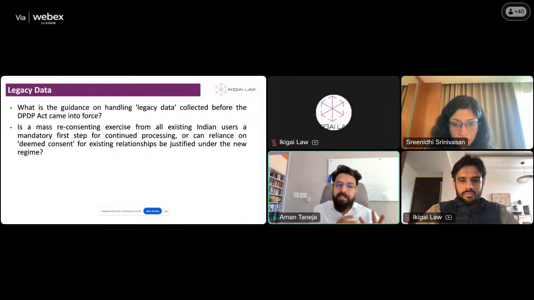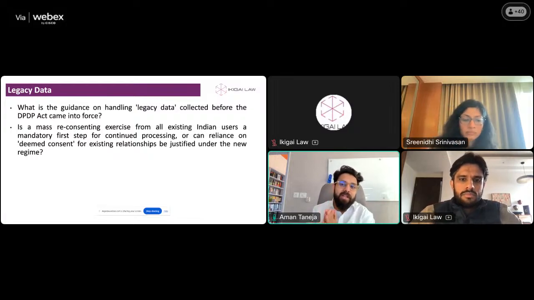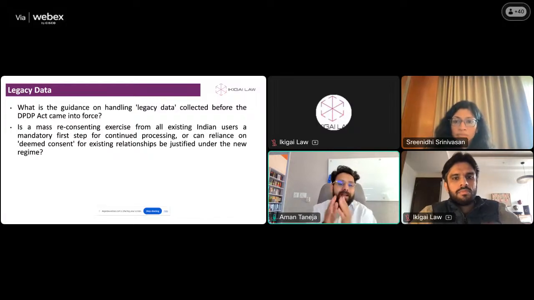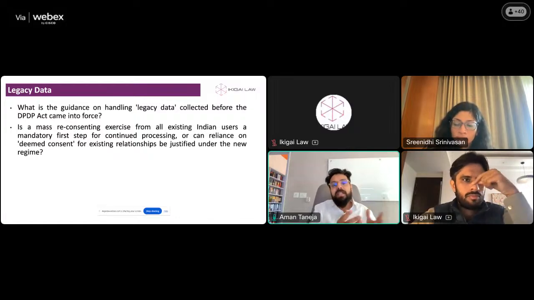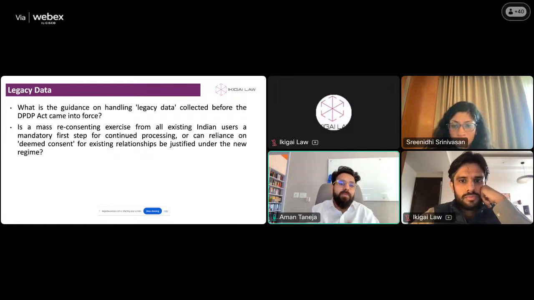Because I know we're reading this provision in a way to make it such that it isn't redundant, right? One extreme view could be that the consent you collected earlier also needs to meet the standard of consent under DPDP, which I don't know anyone wants to do that exercise either. So if you're ever pushed in that direction, it could make sense in many instances to just do this as a fresh consent collection exercise, even with your existing users, just to err on the side of caution almost, right?